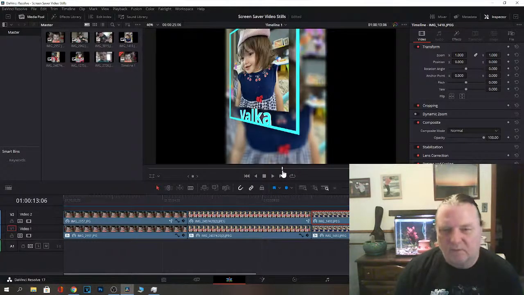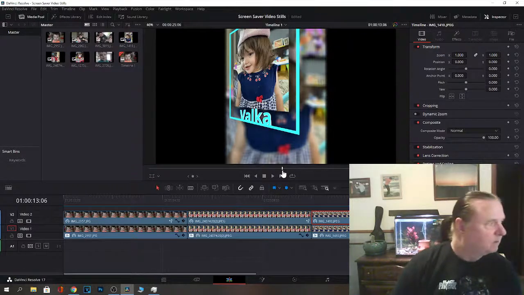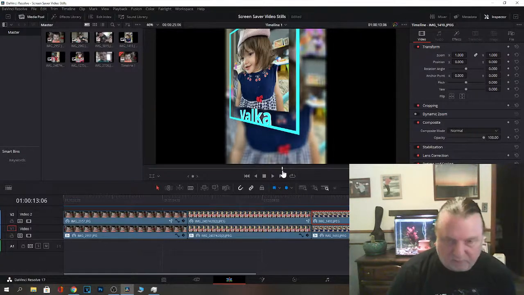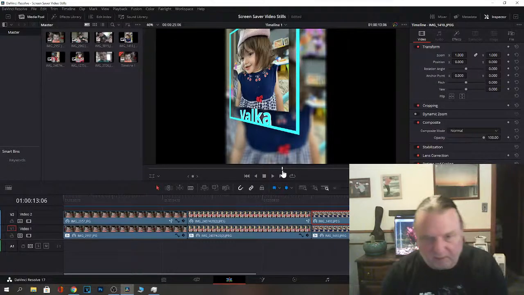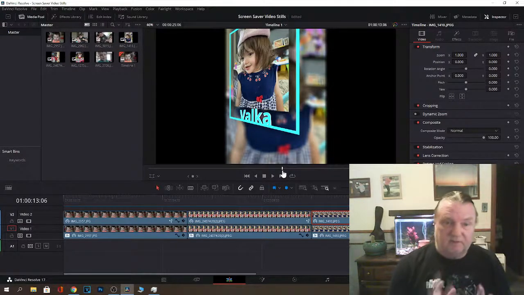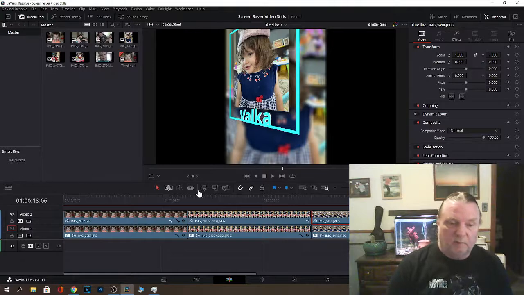I think I've screwed up my Black Watch. What are we doing? What I'm doing is it's just bugging me. As you can see on the screen, I got the Valka, which is short for Valerie, or actually it's Bulgarian for Valerie, I guess. I wasn't going to do anything, and then I thought, no, I'm going to fix this because it just bugs me. So, if we go back to the very beginning here,